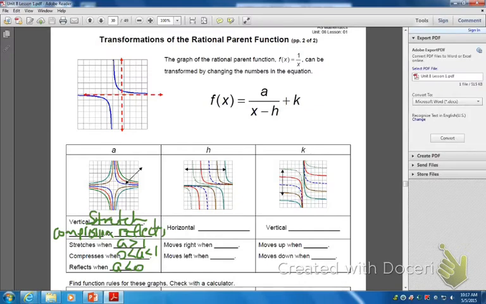All right, and our next one is our H. What does our H do to our parent? H for horizontal, right? So remember, you have a horizontal shift. Okay, so it's going to shift it left to right. Look at your blue. Look at your original parent there. Okay, if we looked at our red one here, we see that we have shifted him off to the left, right? So if we start off with our blue,